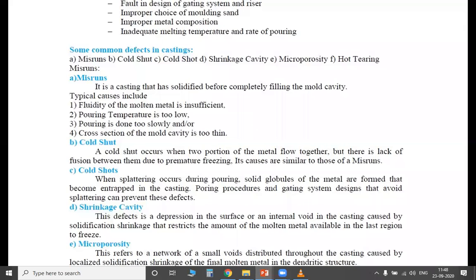The gating was given to flow the molten metal. So what type of gating had you given? Whether the gating was given in a perfect manner, or you had done it in a small way. What procedures are you following? How much depth was the gating system given? If it is a very small depth, it is useless. So what is the depth of the gating system you had given, in sand casting or any other casting?